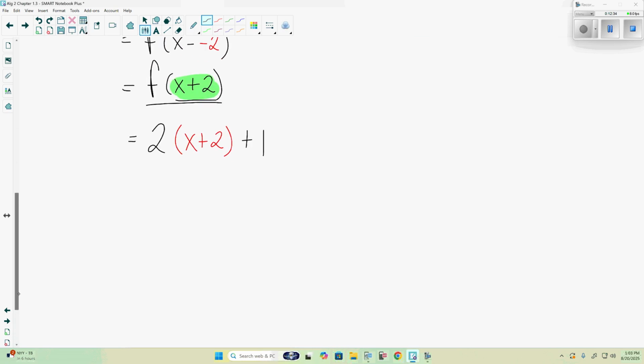We have the 2 in front of the parentheses, yes? So we have to distribute through. 2 times x is 2x. 2 times positive 2 is positive 4 plus 1. Do we have any like terms? 4 and 1, yes? 4 plus 1 is? So h of x is 2x plus